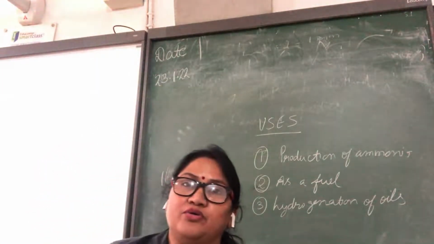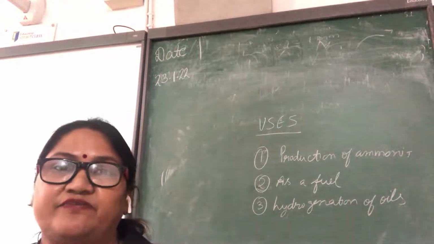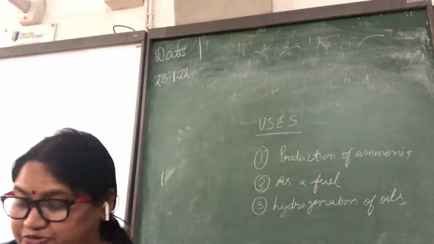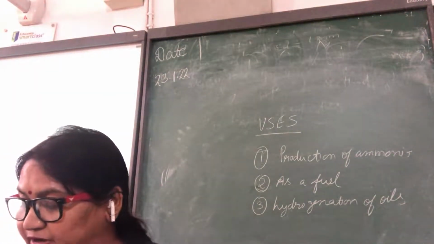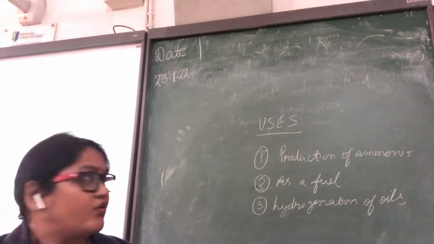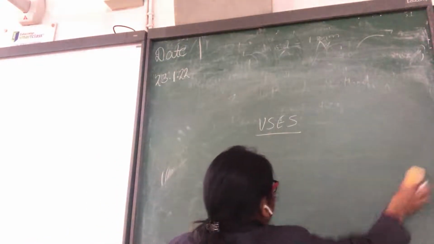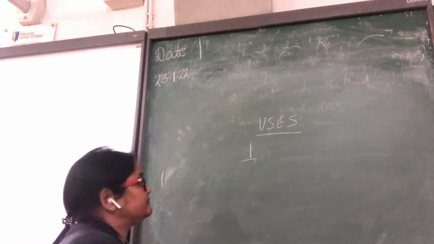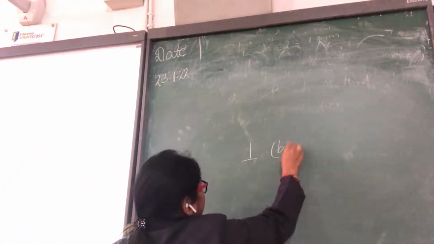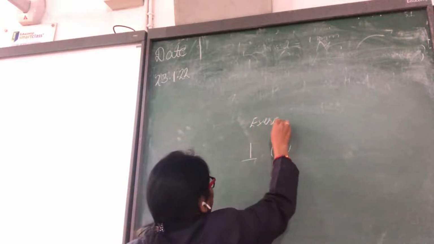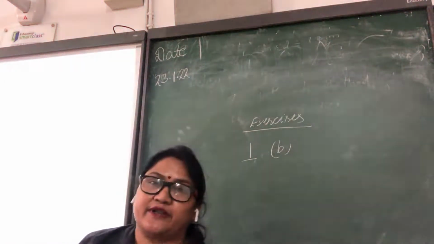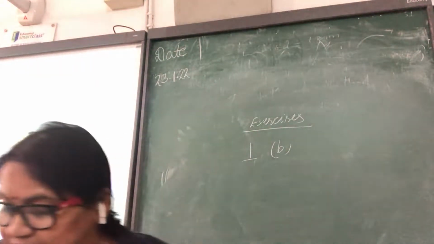Now children, we are coming on to the exercise portion. Some exercise we will revise. First we'll choose the correct option. Which of the following pairs of elements will react to give a gas that dissolves in water to form an acid? In this first question, the option is B. So now we are going to revise the exercise. Choose the correct option. First answer is B.